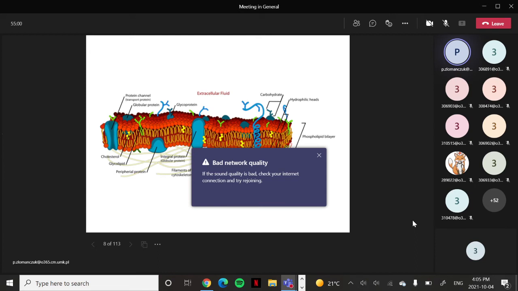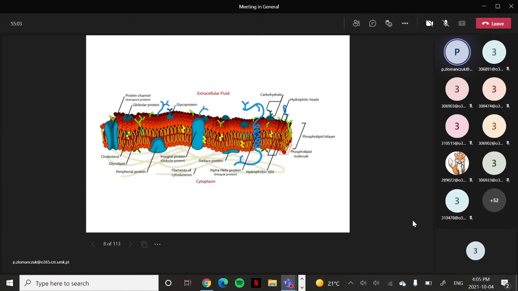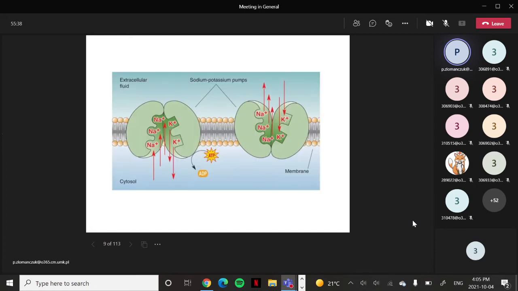So we discussed the structure of the phospholipid bilayer and its involvement in the biological membranes in isolating the internal environment of the cell from the external environment. So now let's look at the structures which are responsible for communication between inside and outside of the cell. Those structures, as you probably are aware, are proteins, as I mentioned, especially integral proteins. And one of such proteins,